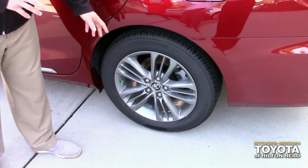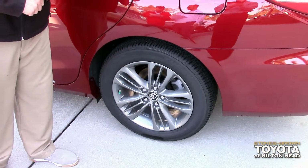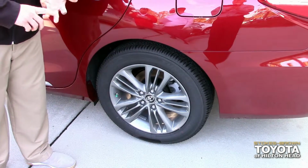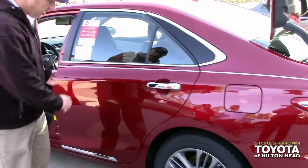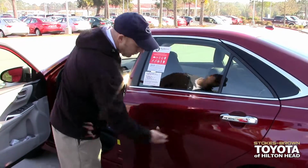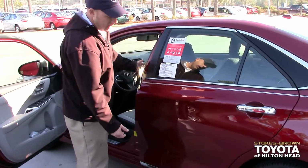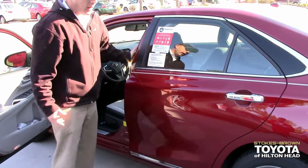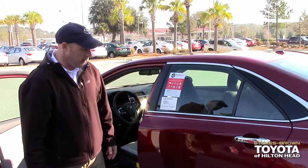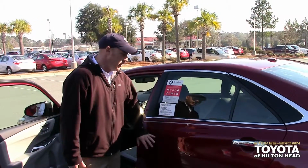These are Chrome Tech wheels. They're heated less, which means that they're going to be lighter and more resilient. On this particular car, you're going to have this chrome door handle, as well as a steel composite tube that runs in a triangular fashion through the vehicle, as you can hear it there. And that's going to prevent, on a side impact collision, and give